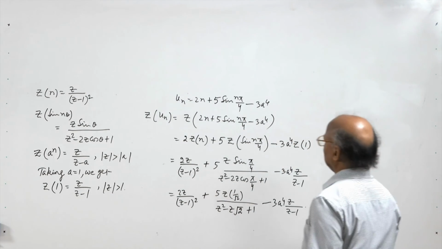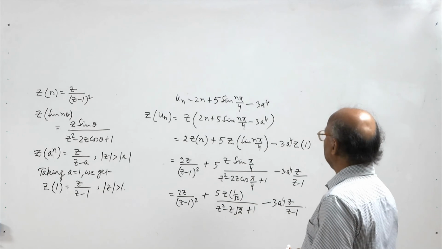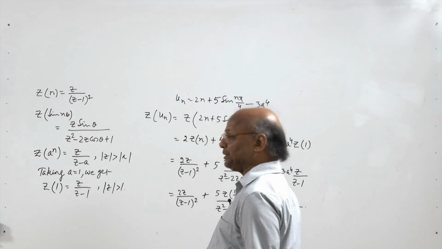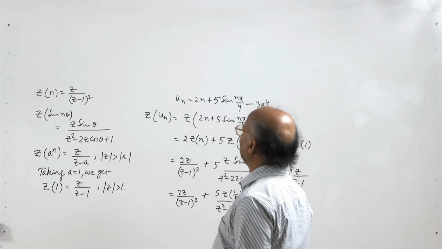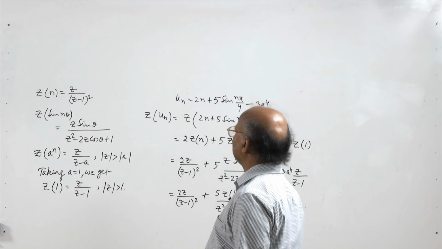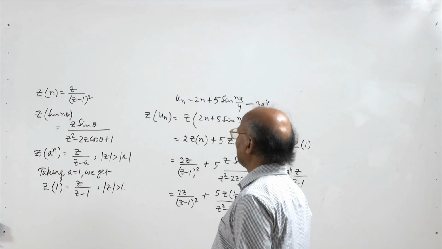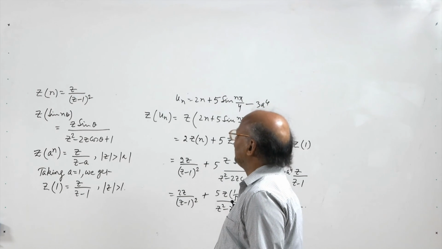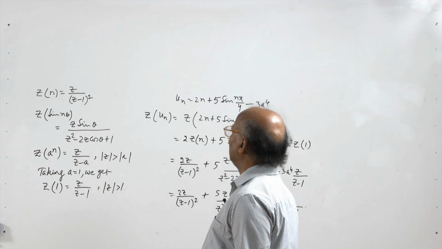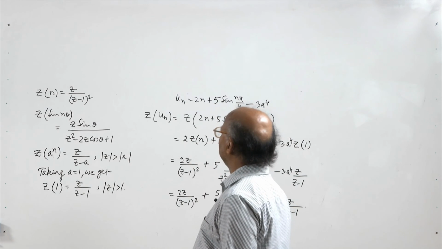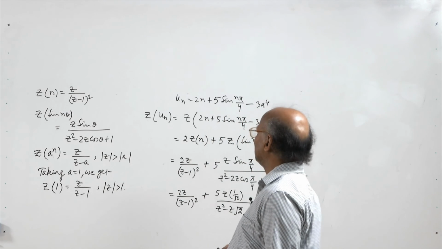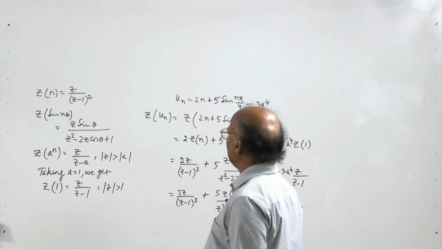So this is how we find the z transform of the sequence u_n by using the linearity property and the standard formulae for the z transform of n, the z transform of sin n theta, and the z transform of a to the power n. So as I said, we have to remember the z transforms of some special sequences, which we shall need to find the z transform of other sequences, and these will also help when we solve